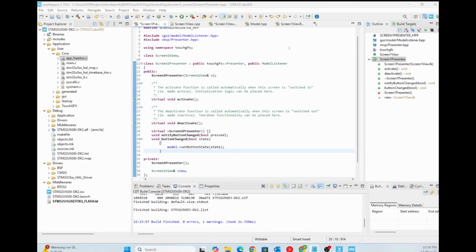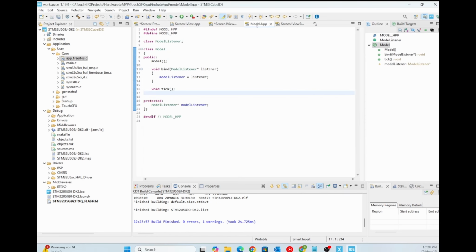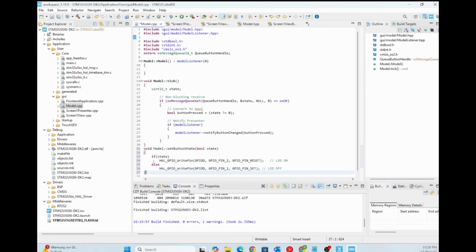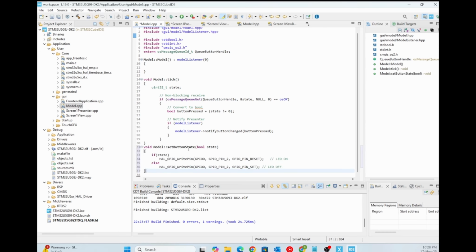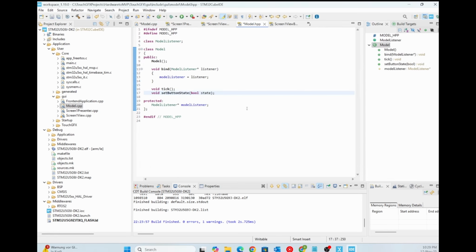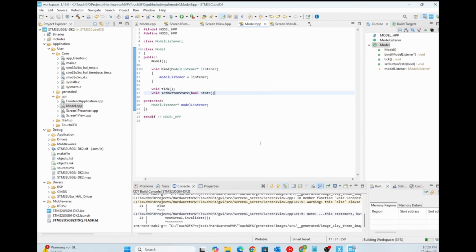Next, we can create a new function in the model so that based on the state it receives from the presenter, it can turn an LED on or off. Since I'm controlling the LED directly here, I also need to include the microcontroller header file. Once that's done, everything should compile and your LED should switch on and off based on the toggle button on